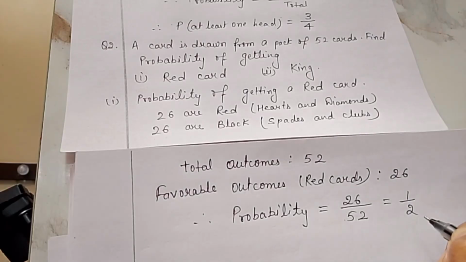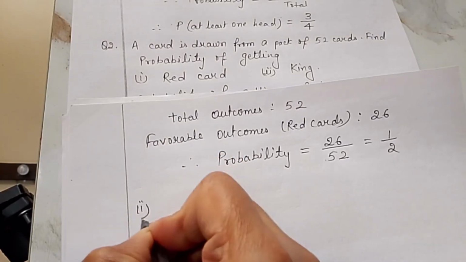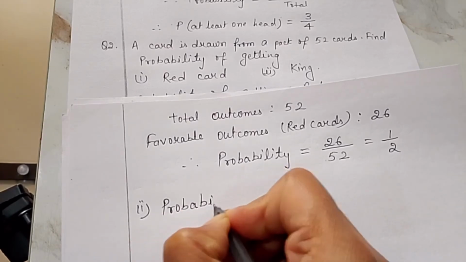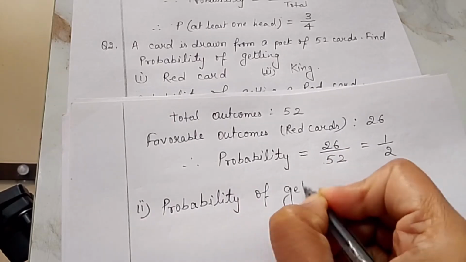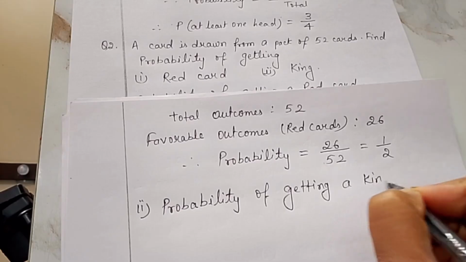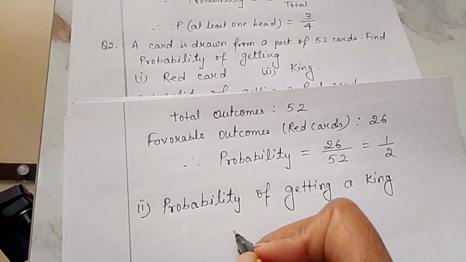Second part of the question. Probability of getting a king. Now let's find a king. In every standard deck there are 4 suits and each suit has exactly one king,